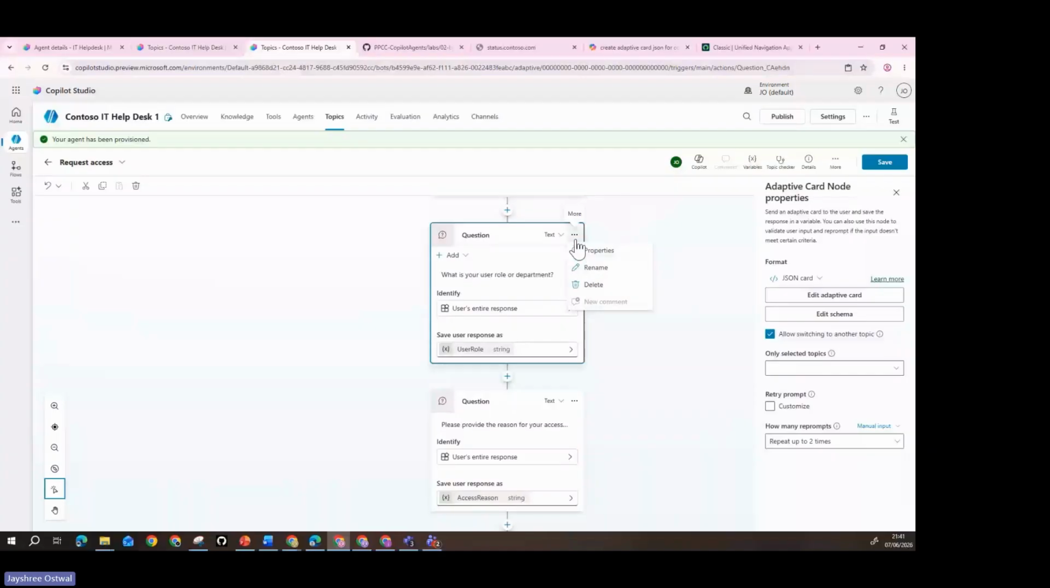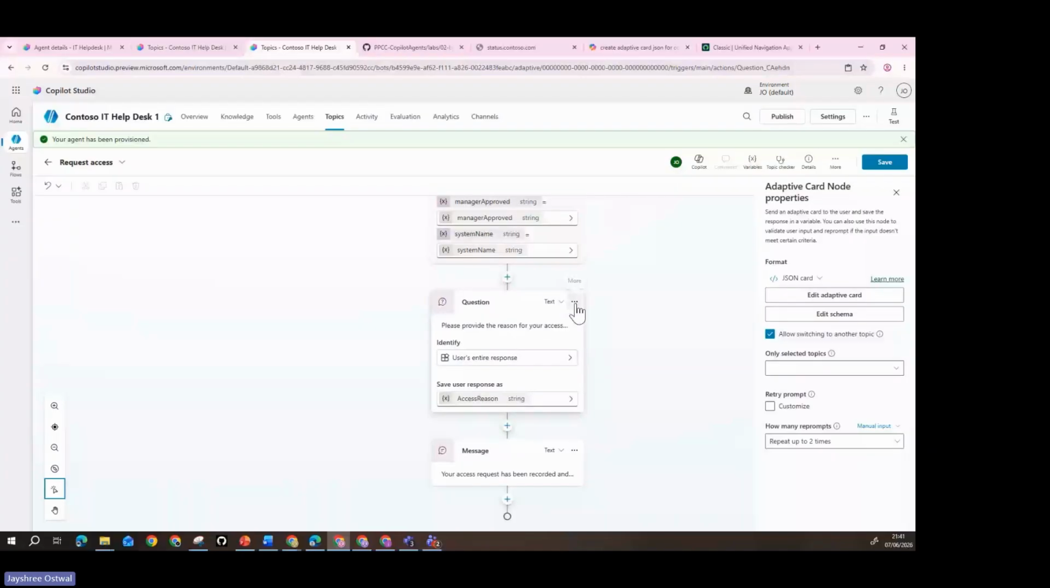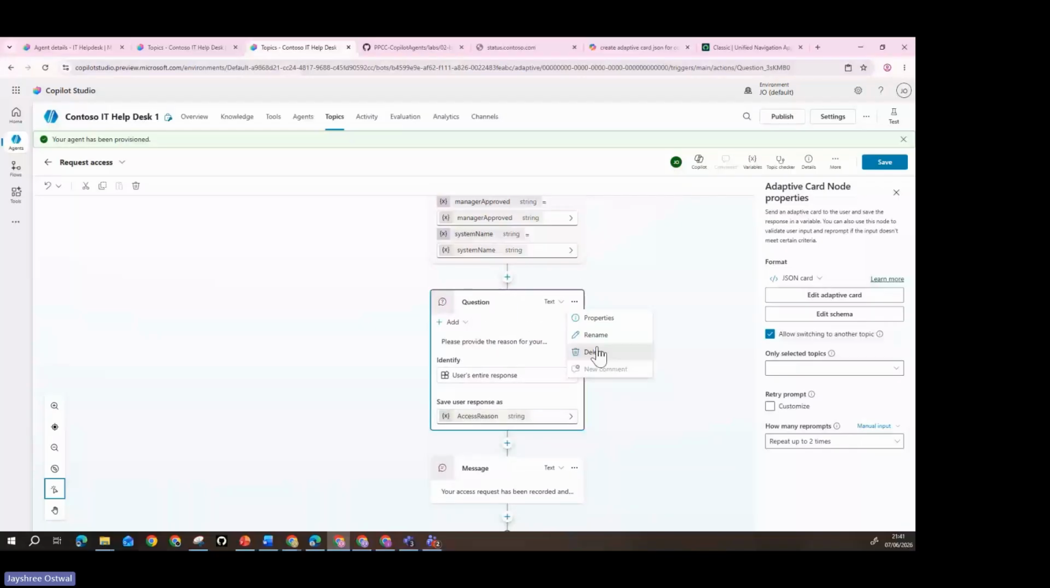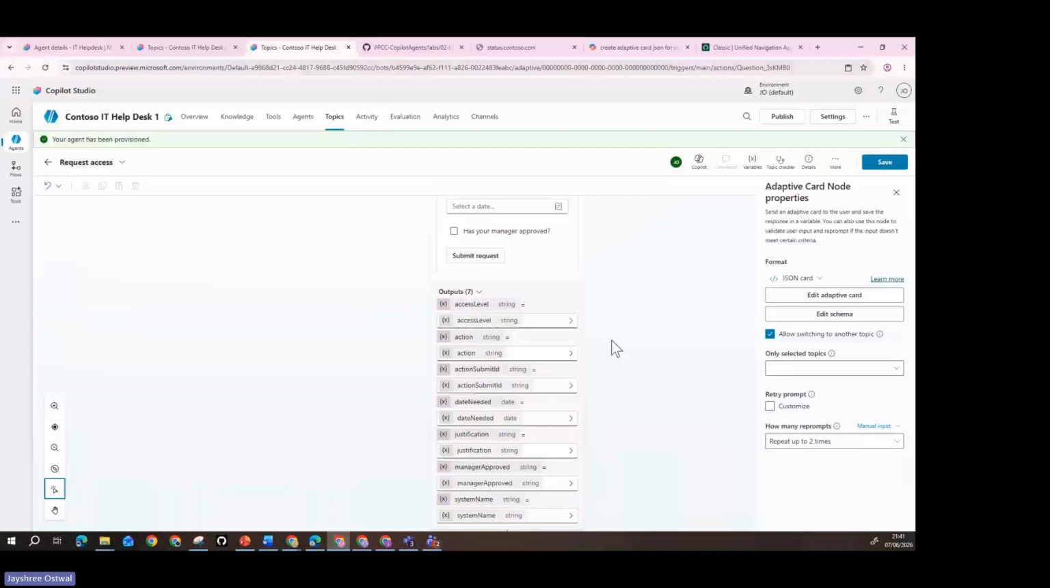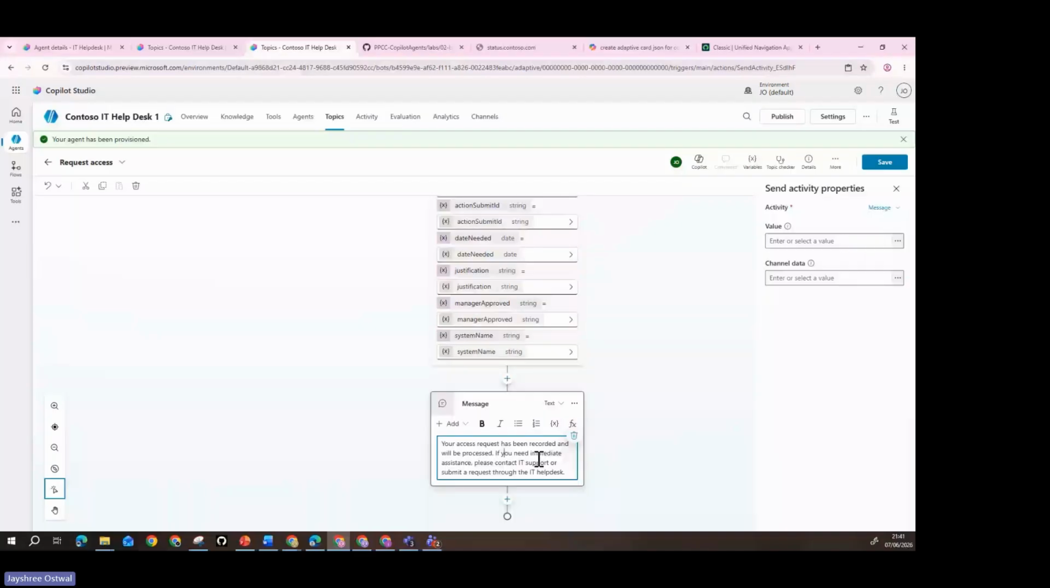So now I'm going to delete this. You can make sure what you want to add up all the questions, and accordingly you can convert it into the adaptive card. Now I'm just responding that your access request has been recorded. If you need immediate assistance, please contact IT support desk. And for testing purpose, what I can do, I can just add all these adaptive cards input